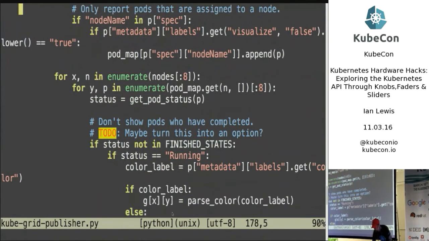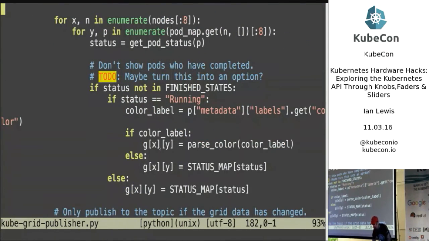And then enumerating over the nodes, I give it a color based on what status it's in, so based on whether it's pending or running or terminating. And based on a particular color label, I determine which color it's going to be when it's running. So if that particular pod has a color label, I can take that color and use that to show it on the Launchpad,